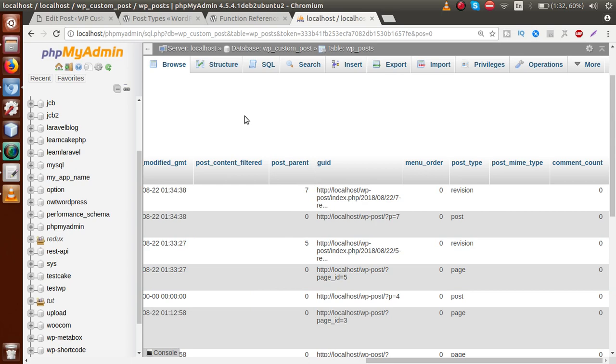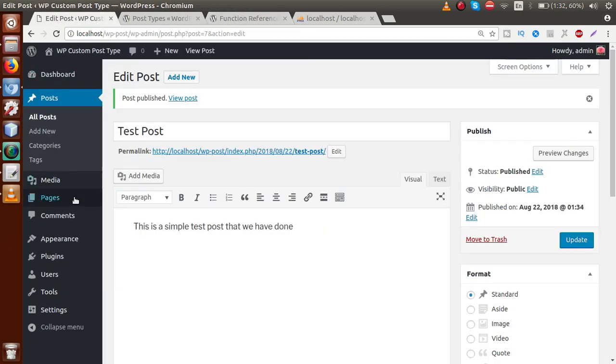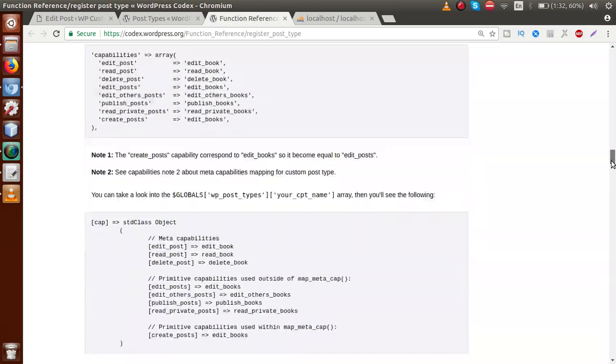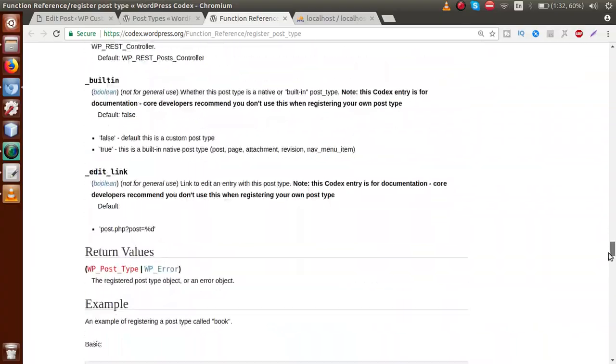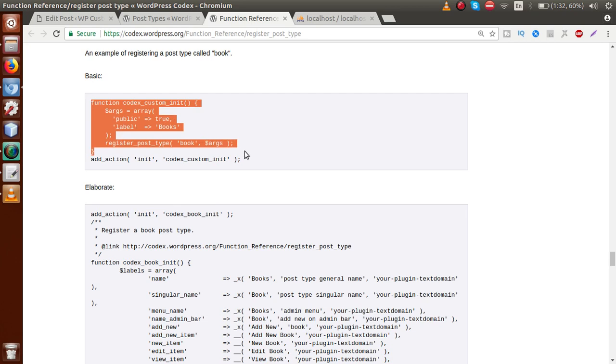So to register a custom post type in WordPress, we will use the function called register_post_type. This is a WordPress function provided by developer.wordpress.org. Basically this function is used to create a custom post type in our admin panel. So how can we use it? If we scroll down, let's pick a simple example from this documentation. Later on we will study in depth. As you can see, this is the basic example WordPress developers provided. So I copy that,